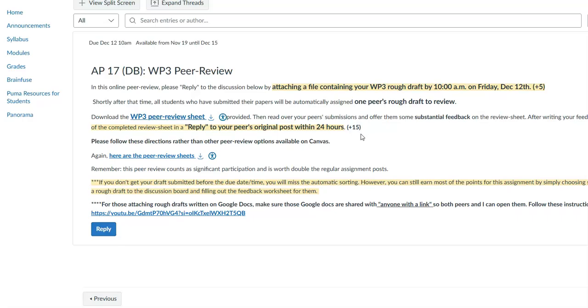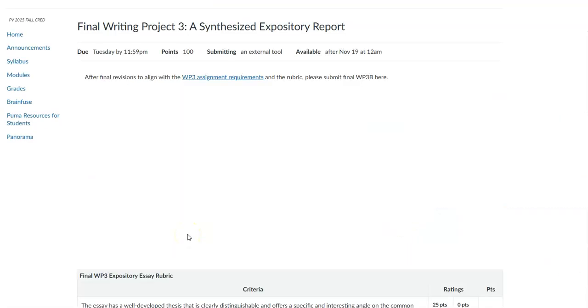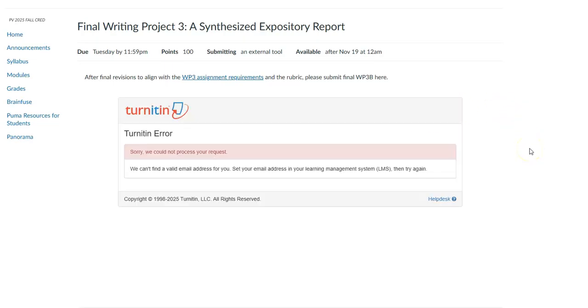If you happen to get your draft in late or you miss the automatic pairing, simply go down into the discussion board and pick someone, and you can still get most of the points for your feedback. Other than that, the next thing that we're going to be doing is submitting your rough draft. So make sure that you